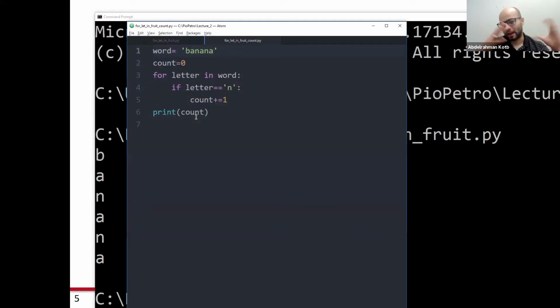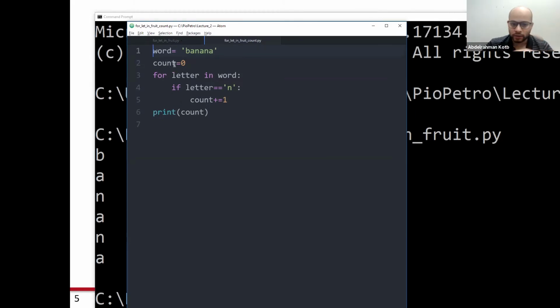What if I'm trying to count instead of looking at all the letters? Let's say you have a word, a sentence, a paragraph, a book, and you want to count the number of N's in it. In this case, I think one of the most intuitive ways to do it is to use this for letter in. Of course, there are so many ways, and there are ways that are more efficient, but for now, I think this shows my point.